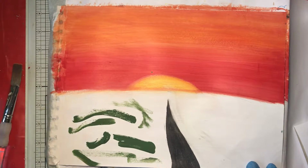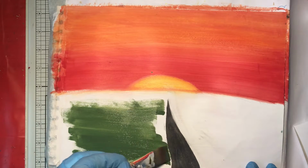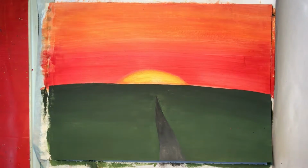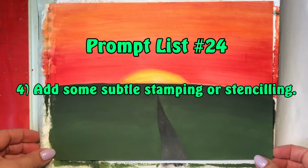So with adding the green paint for the ground on either side, I'm going to blend it out so that it's darker at the top where the sunshine meets and then lighter at the front, and you'll see once that's dried. So once we're happy with that, we'll move on to prompt number 4, which is to add some subtle